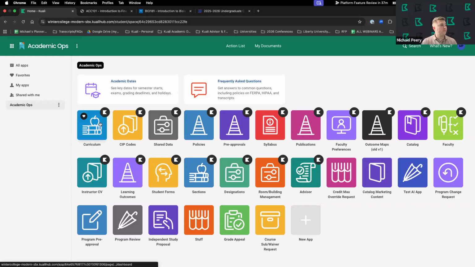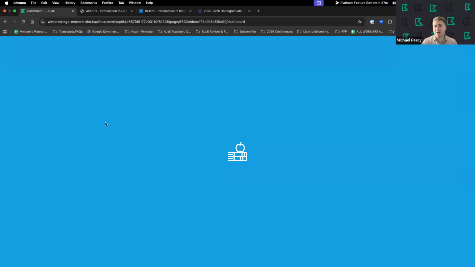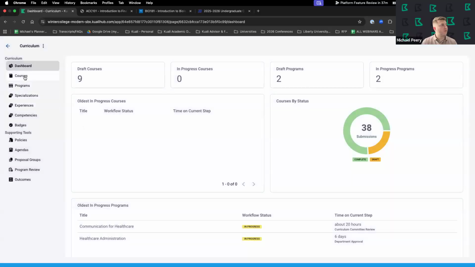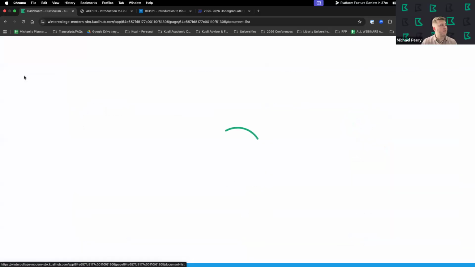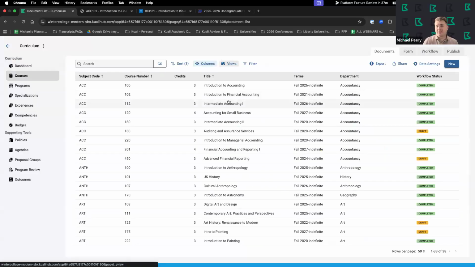And so I'll go ahead and jump back into our curriculum management system, and we'll continue to use courses as our example. And so with courses, just like with that faculty member, we're seeing those curriculum records. Although with my elevated permissions, I do have a few more options at the top, the form, the workflow, the publish. But before we jump to that, let's take a look at these reporting options because I find them extremely